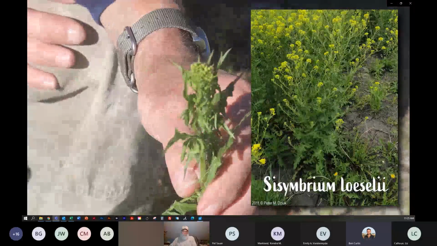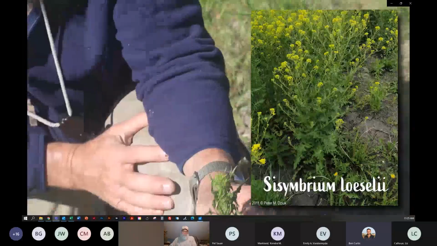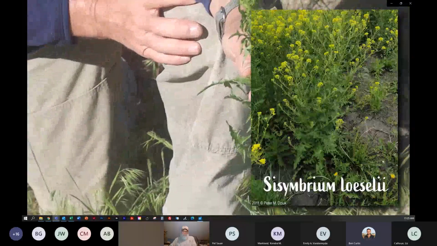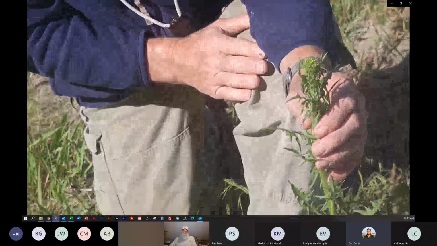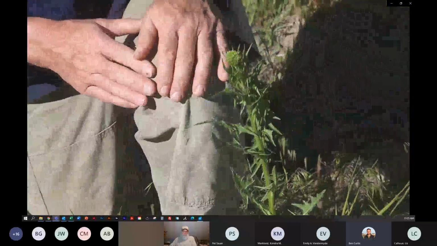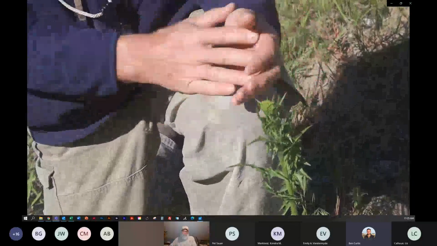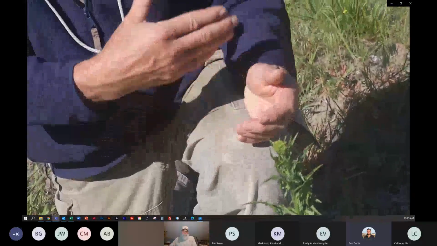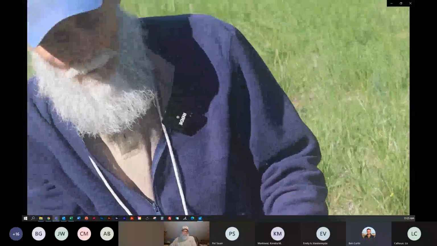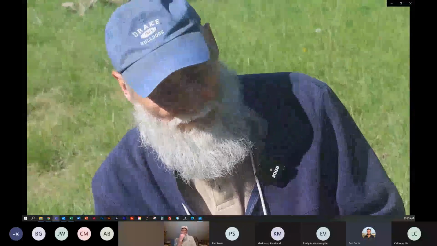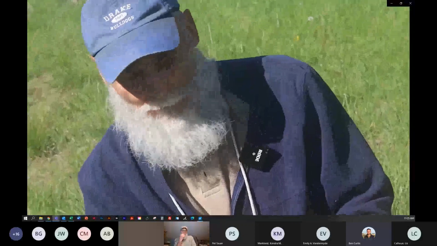The mustards are often annuals or biennials, and that means, of course, that they really have to come up from seed each year or every 2 years at least. And many of the annual species of mustards are what we call winter annuals, which means that they produce their seeds early in the spring, and then the seeds will be dormant over the summertime. They break their dormancy over the summertime and then germinate in the fall. And there's a little bit of growth in the fall, just enough to produce a small rosette plant. That rosette plant overwinters.